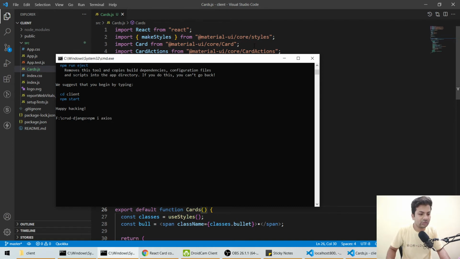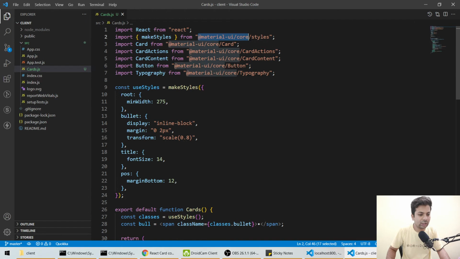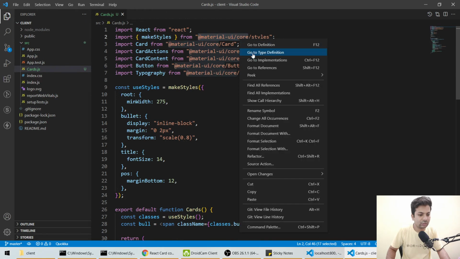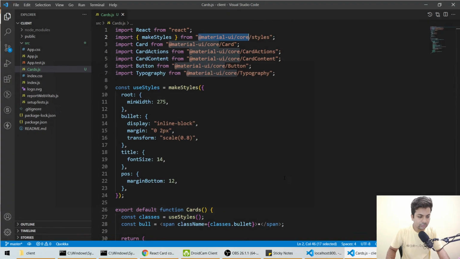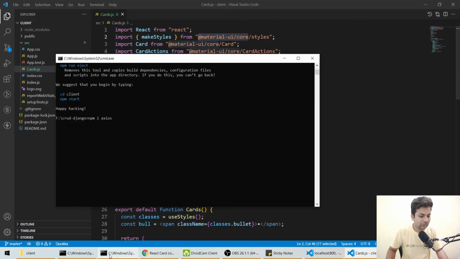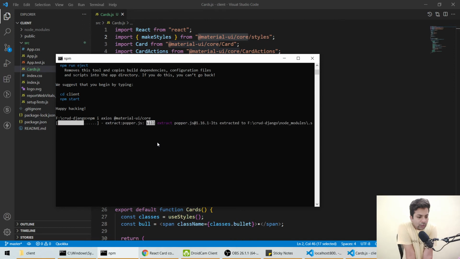Then we need Material UI core because we are using these cards. I'll just copy it, come here and install it. Now just do npm install axios and core.